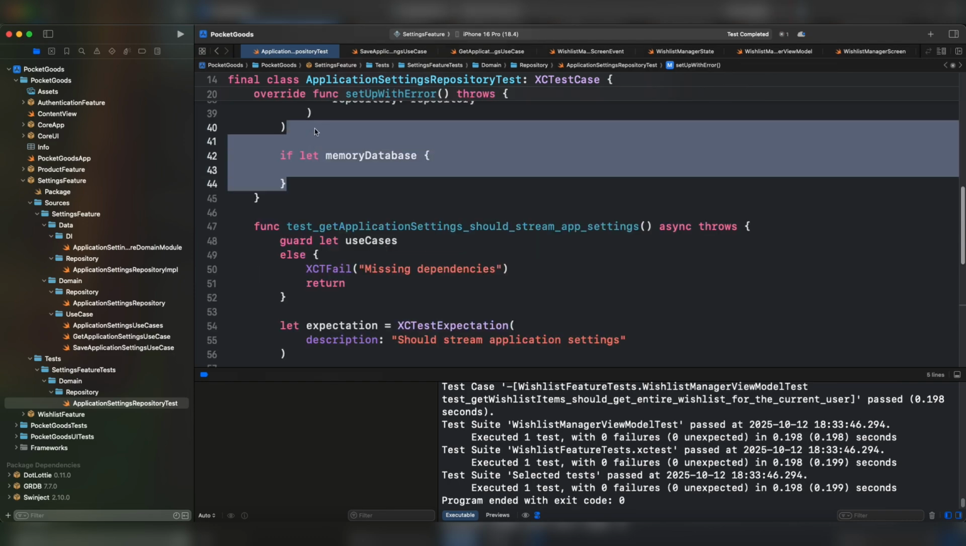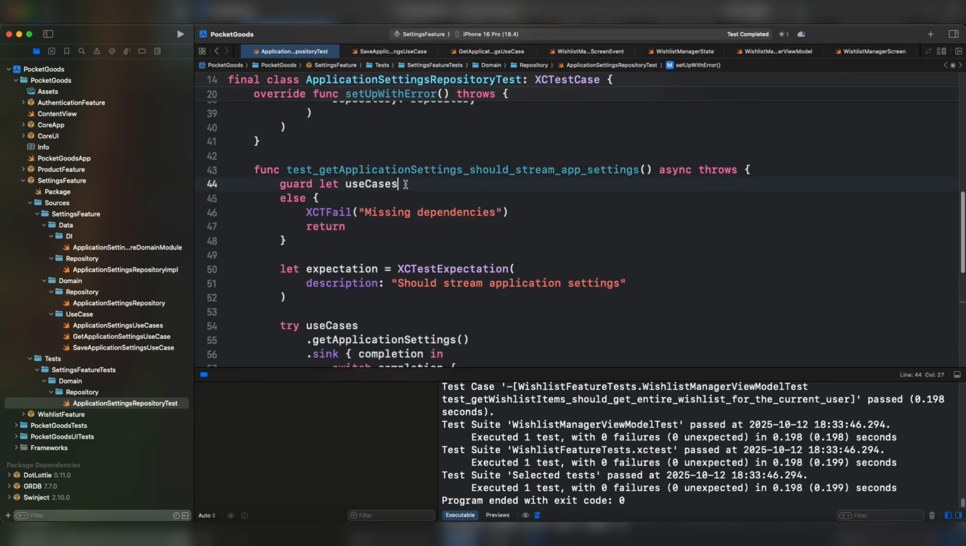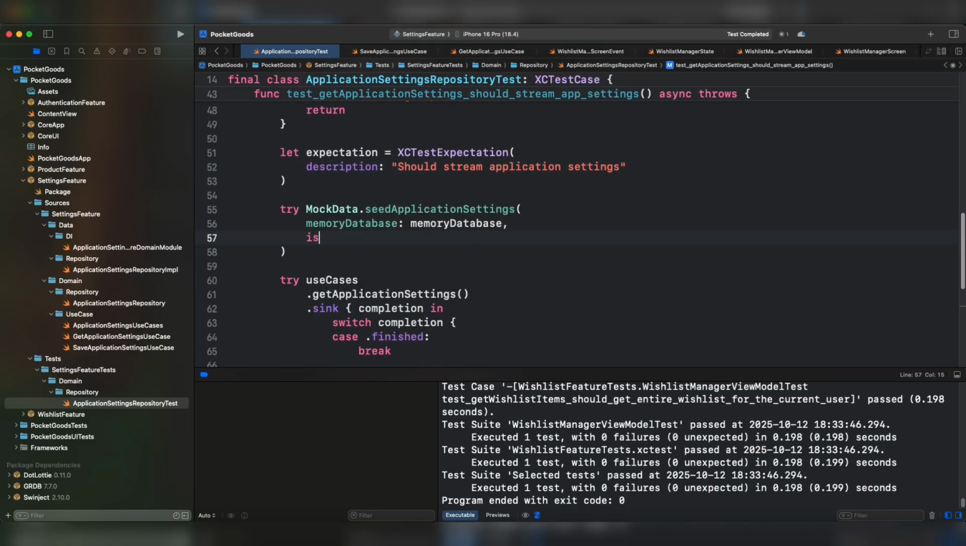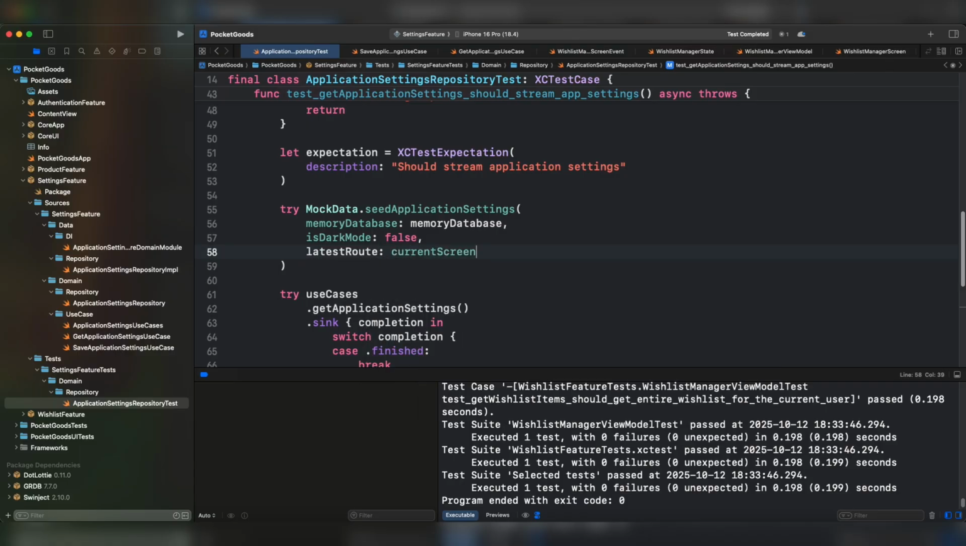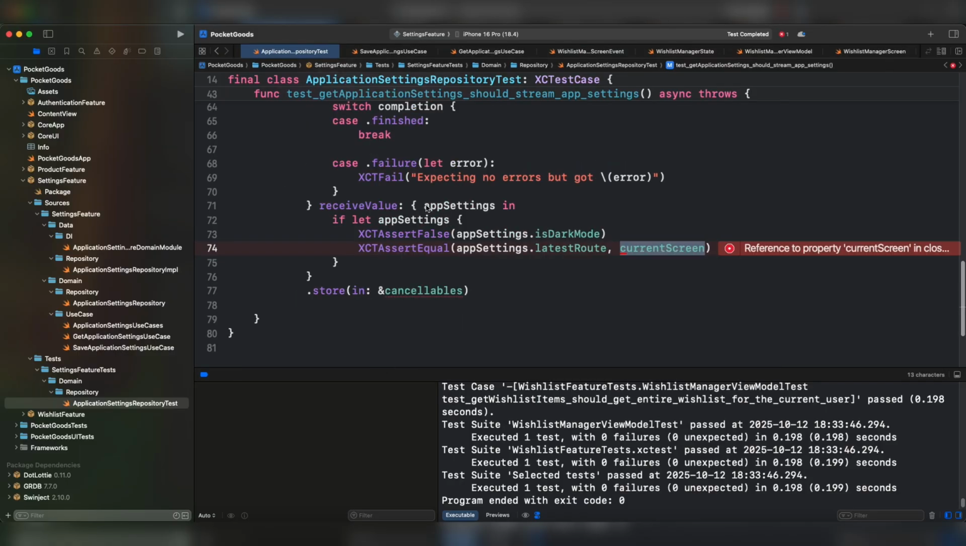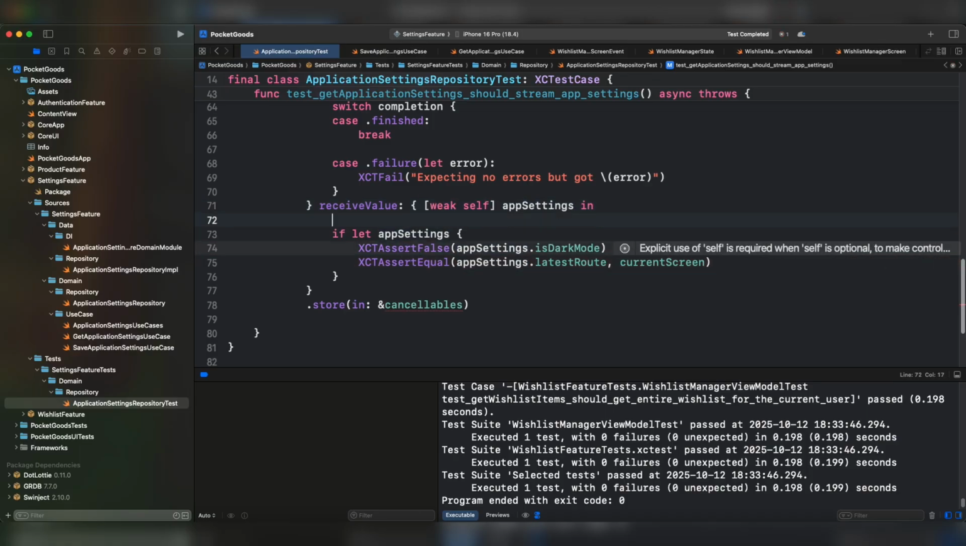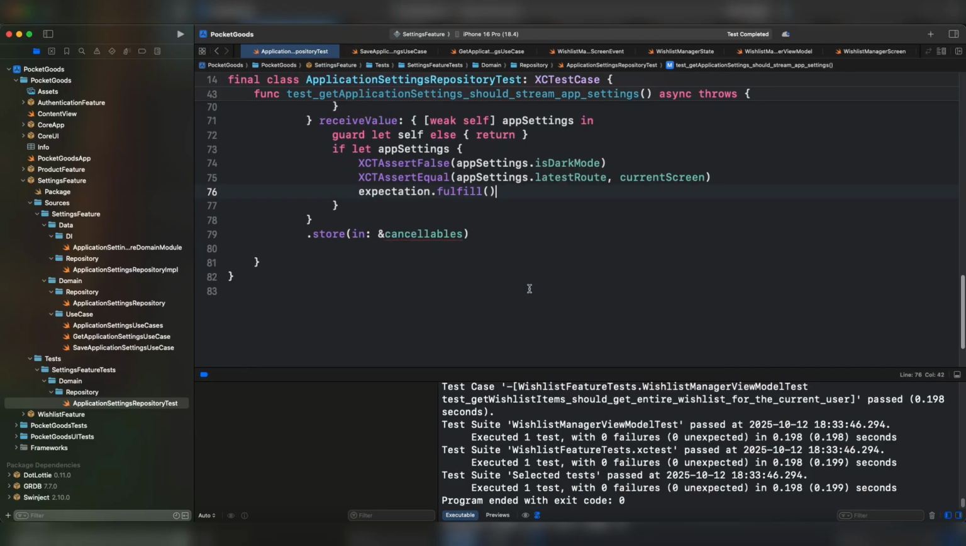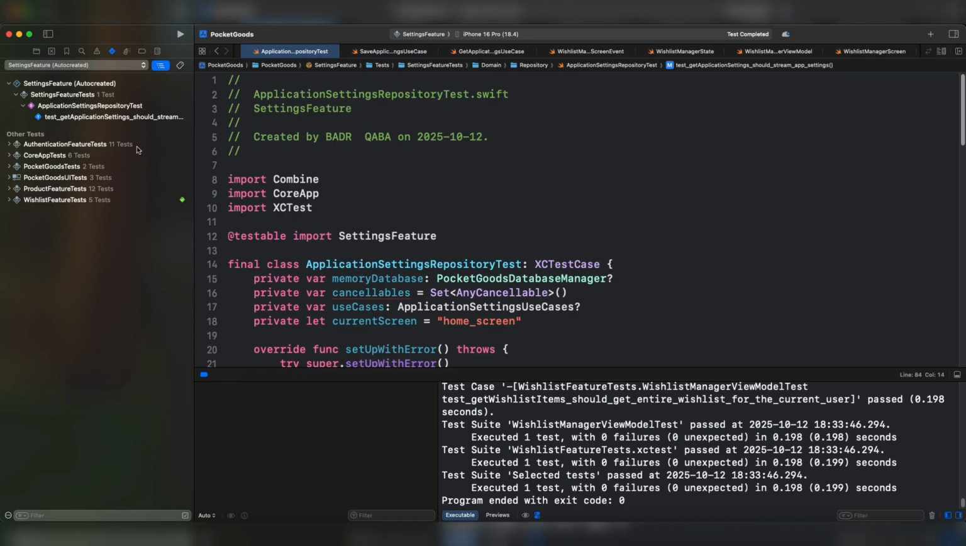I'm gonna keep it dynamic actually. Instead of this, I'm gonna add here memory database, and I'm going to arrange this is dark mode false, and latest route, it should be current screen. We need the self reference. Therefore, we have to mark it with weak self, and let's do here a guard statement because it's nullable. And after this, we have to fulfill the expectation, and we have to wait for the expectation. Let's run the test,